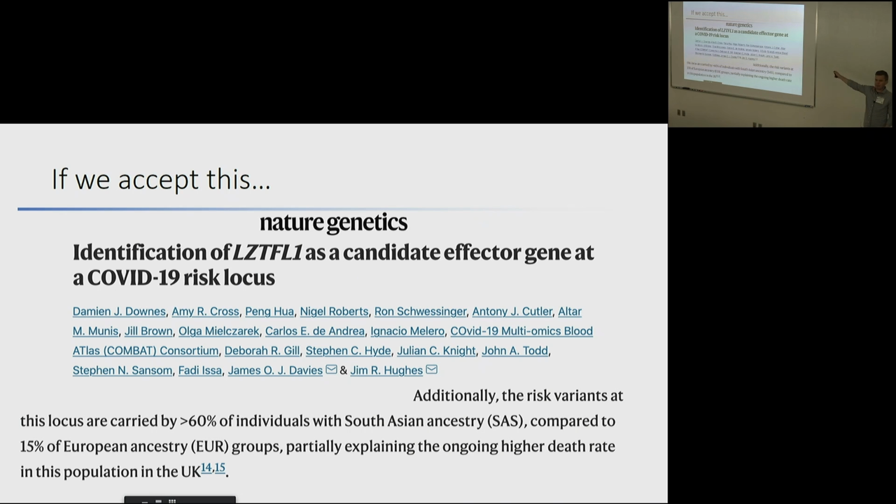For example, I saw a paper last week where they found a genetic variant that increases the risk of dying from COVID by double. It was a really huge effect size. They find that this genetic variant is found in 60% of people with South Asian ancestries and only 15% of people with European ancestries, and say this maybe explains some of the differences in mortality between these groups. They use this to say maybe this should help motivate vaccinations, and they have all these happy conclusions about how great it is that we found these differences.